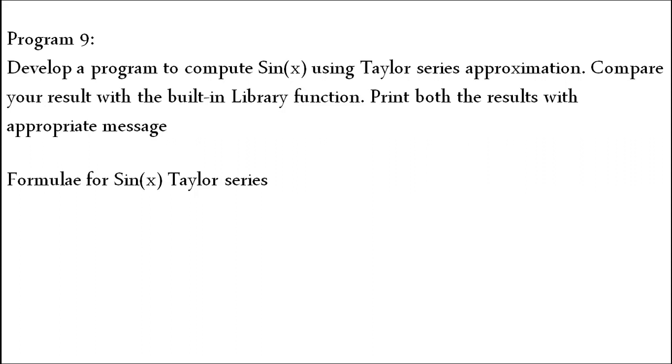So here we are writing a program without using library function, and we are comparing the result with built-in library function result also. So if both the results are same, then my program and then my manual kind of function is okay. So if there are any changes, again we have to cross-check the program. So anyway, built-in library function gives exact answer so that I want to compare with my Taylor series approximation procedure. So we'll see how to do this by using our C program.